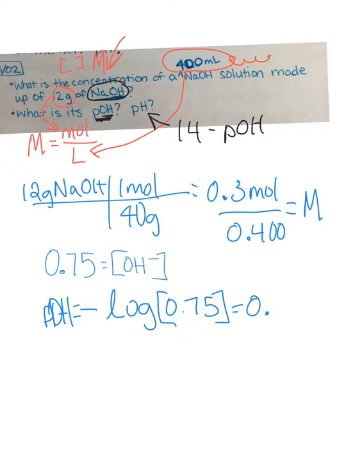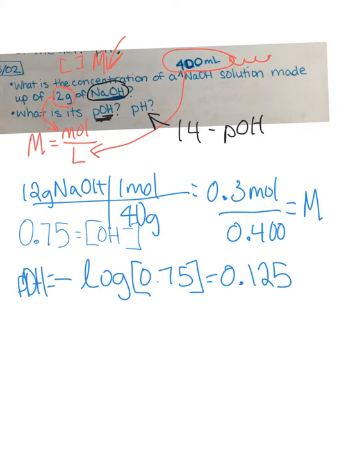Yeah. 0.125, all right? And so that's your indication that you are not done yet, right? Because we know on a pH scale, bases should have higher than 7. So this should be your indication that you're like, oh, that's right, one more step. And so what you're going to do with that is you end up doing your 14 minus,